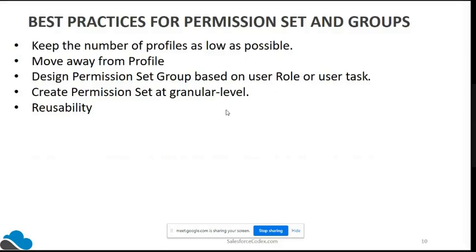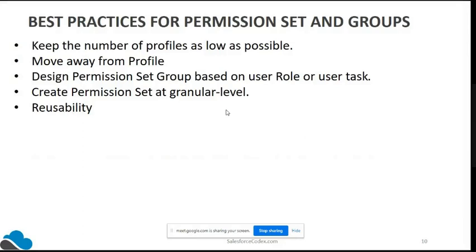And within a short time, you can make your application beautiful and simple rather than making it more complex day by day. Okay. So now, what are the best practices for permission sets and groups we need to maintain? We need to keep the number of profiles very low. Generally you can consider it as a role. A particular user might be an agent, a supervisor, a service agent, or a mechanical engineer, or something like that.